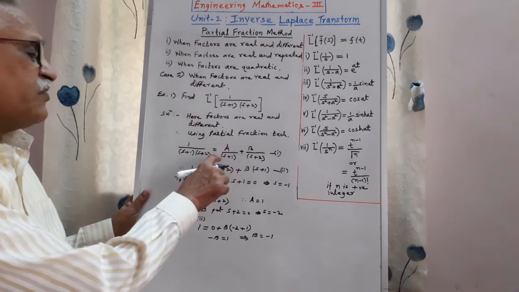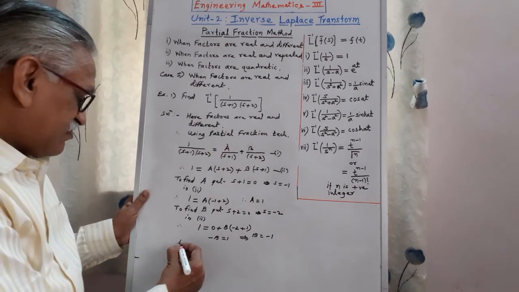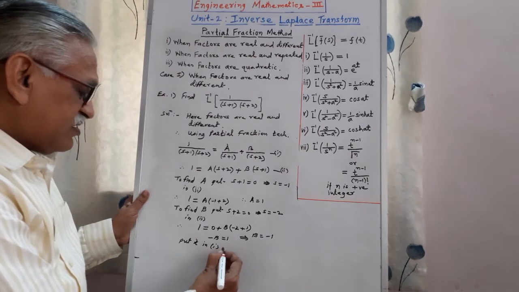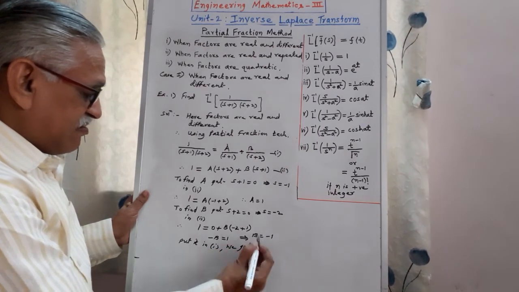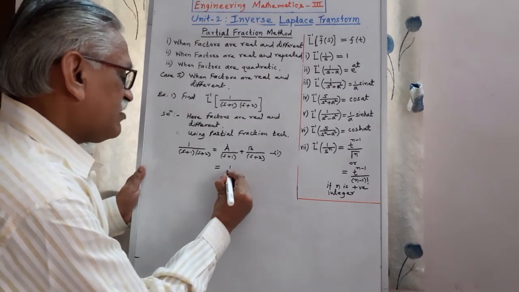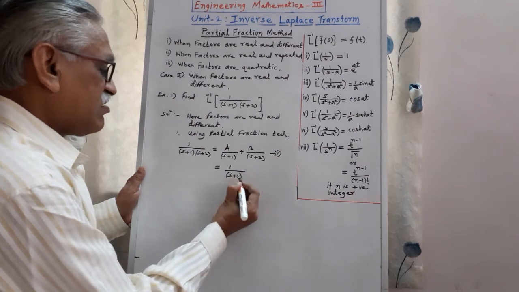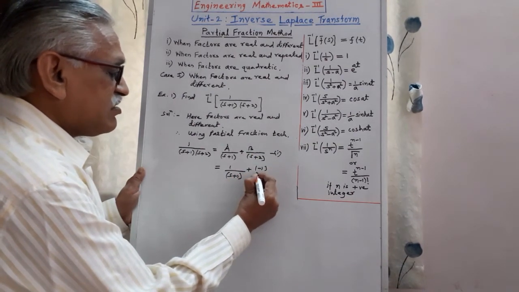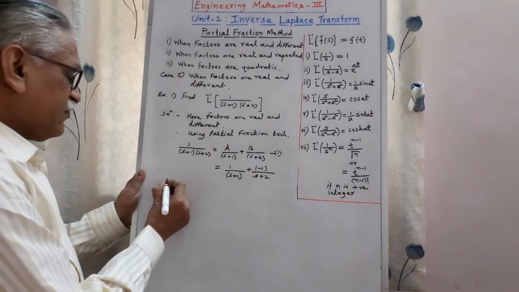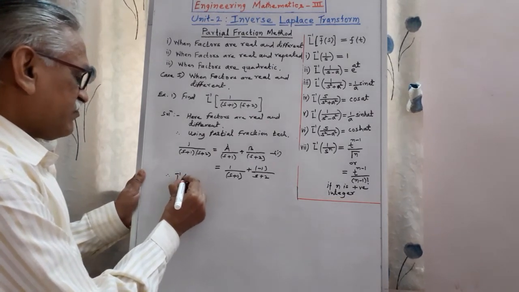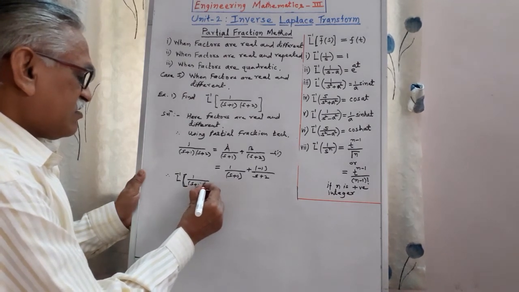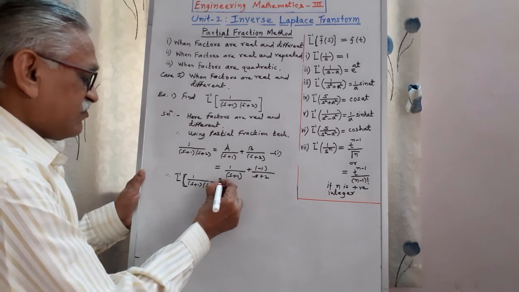Put these values in equation 1. Therefore, that equation 1 becomes A is 1 upon s plus 1, B is minus 1 upon s plus 2, and then taking inverse on both sides, therefore inverse Laplace of 1 upon s plus 1, s plus 2 is equals to